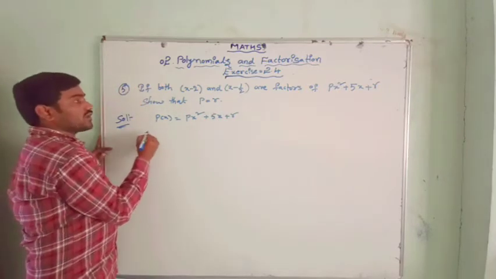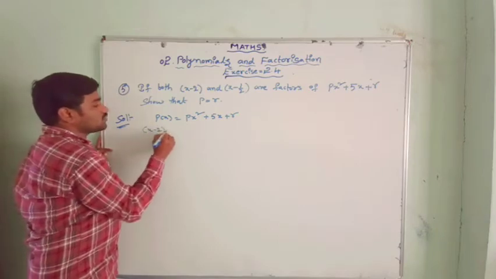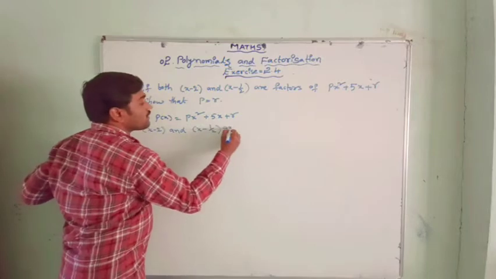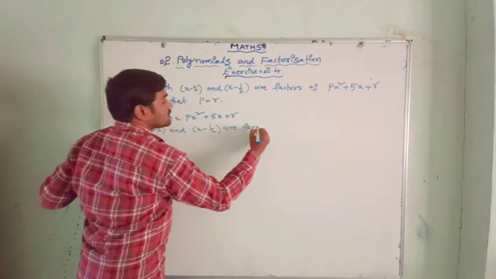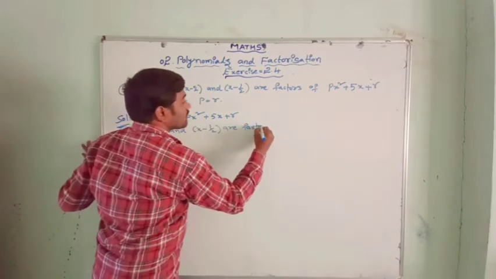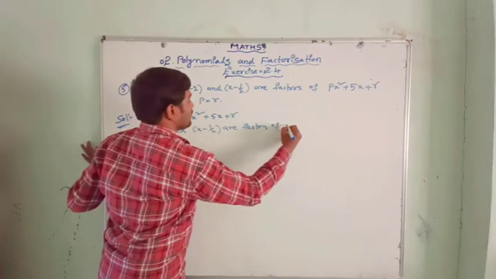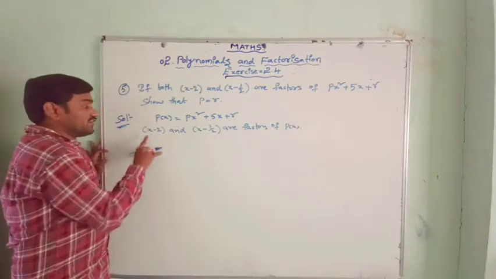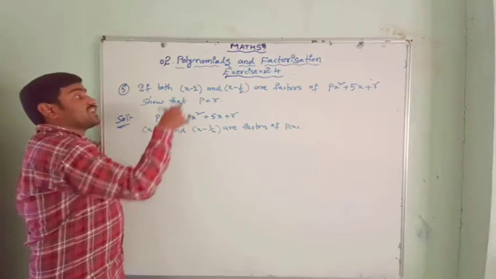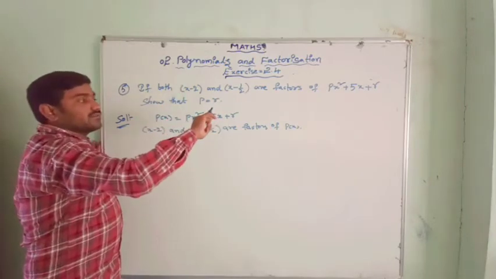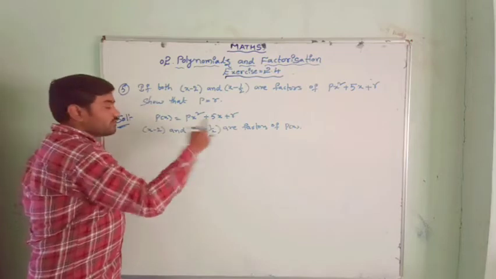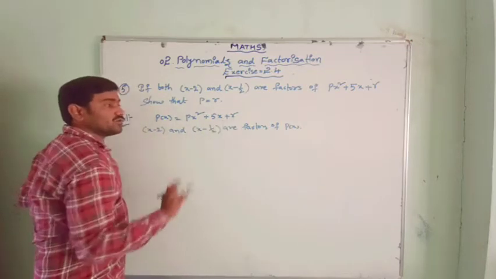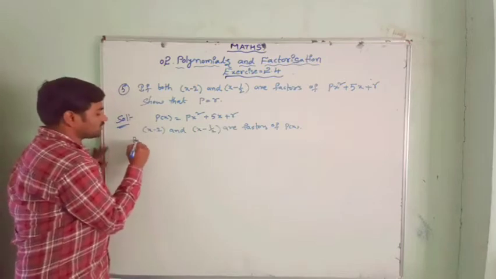They have given that x minus 2 and x minus 1 by 2 are factors of p of x. Then if x minus 2 is a factor of p of x, then p of 2 and p of 1 by 2 equal 0. So by using the factor theorem,